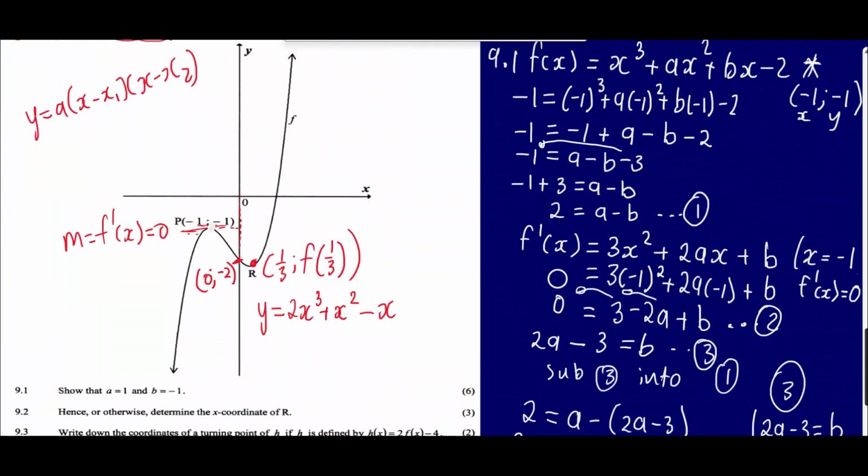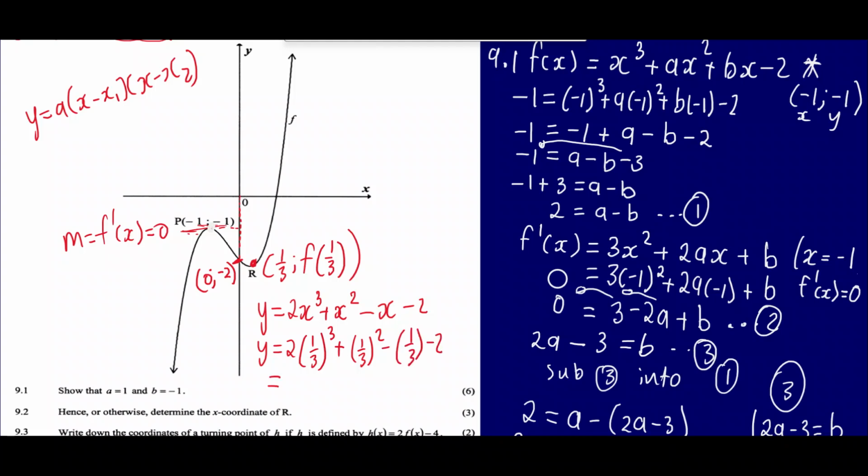And we're also going to have the -2. This one is -2. So now to get the y coordinate of that before we can transform it, we must also plug in 1/3 here, first cubed plus 1/3 squared minus 1/3 minus 2, and the answer is going to be what's equal to... no, not that, but we will have an answer. I think the answer is going to be 1/3